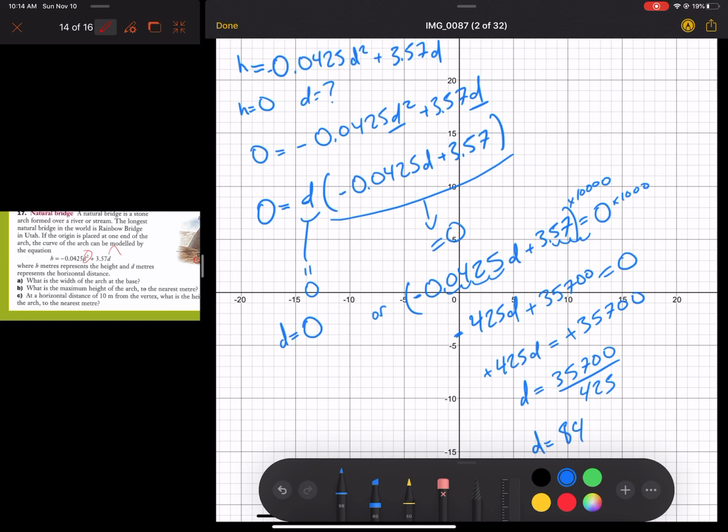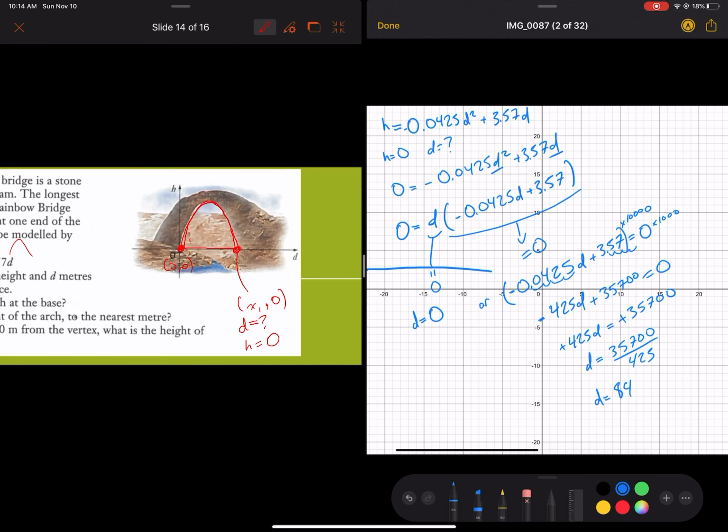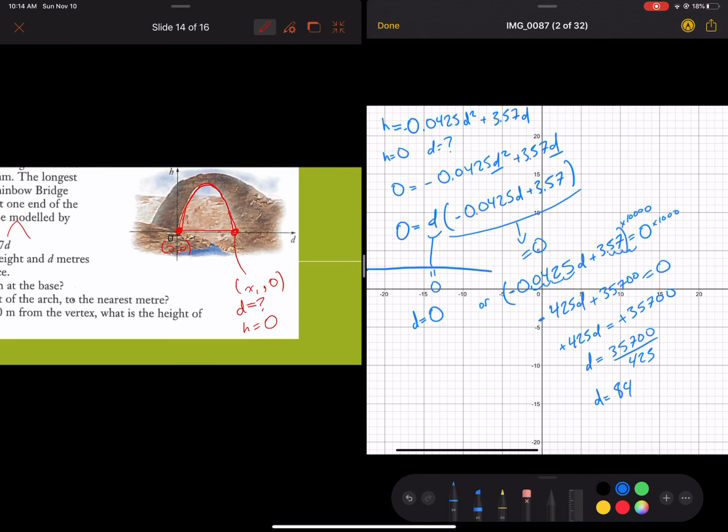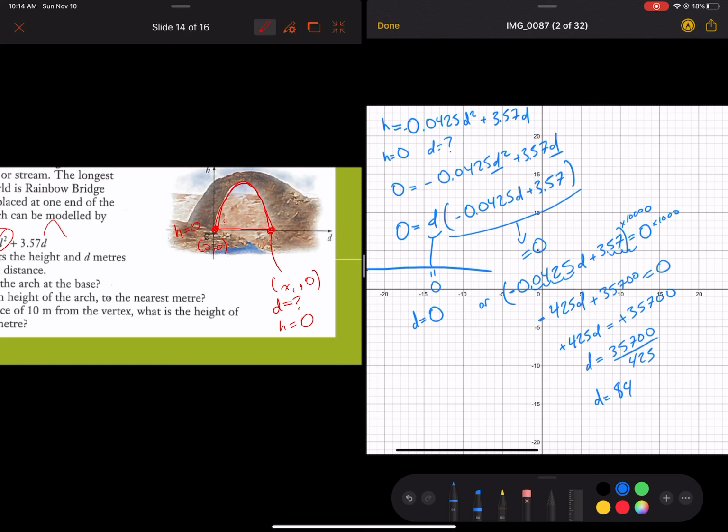So I have 2 points. Let's move this out here. This point, when h is 0, d is equal to 0, or 84. So the distance is 84 meters. Okay, that's question A. Let's try question